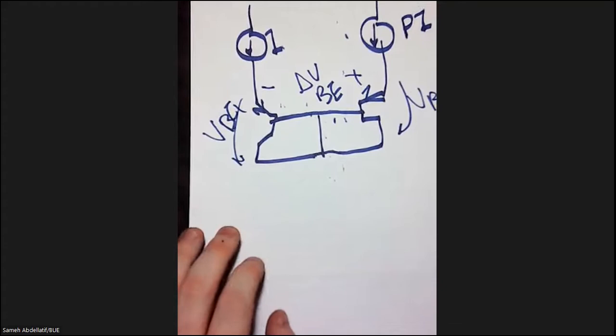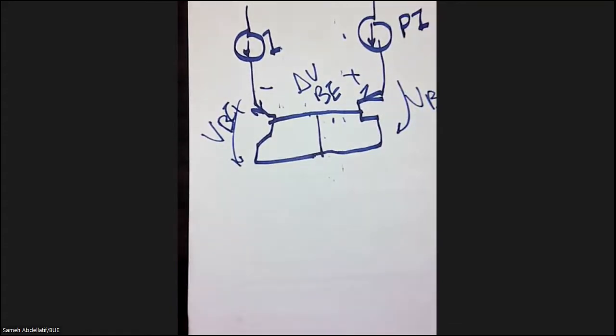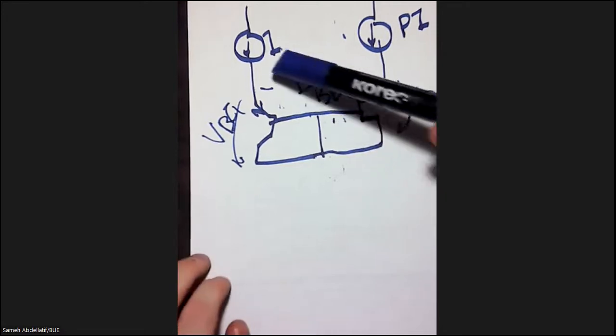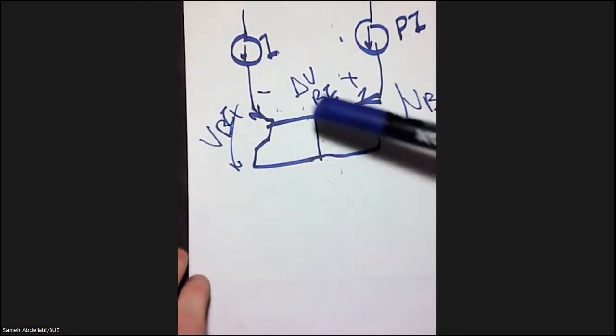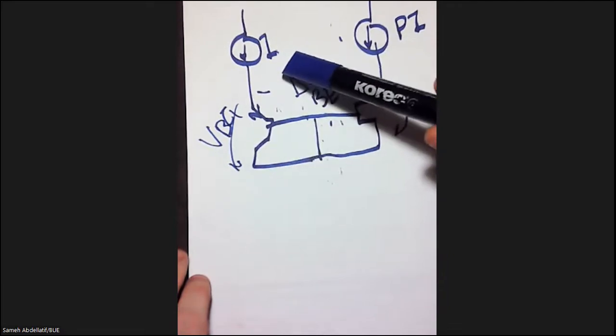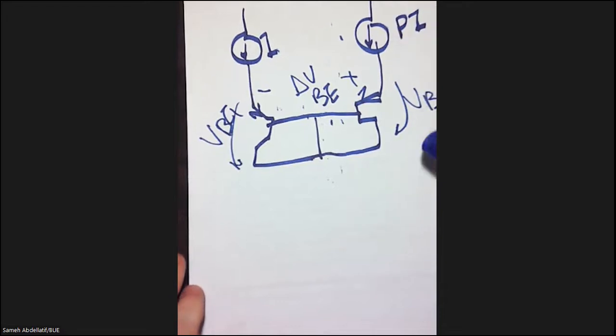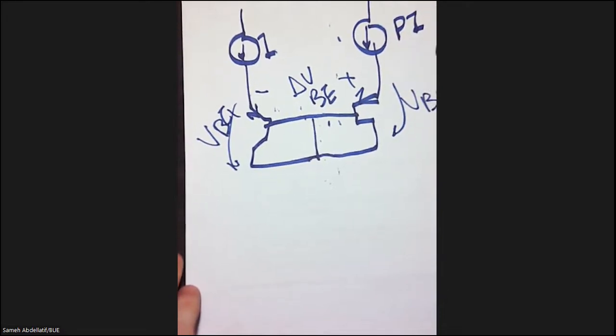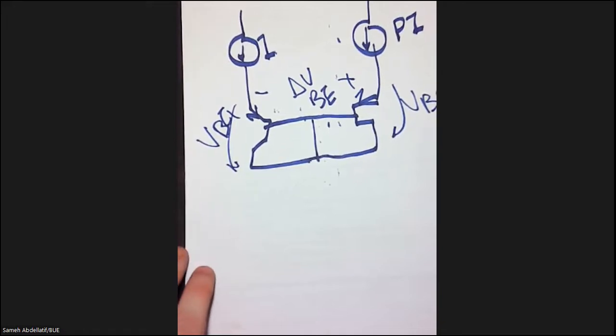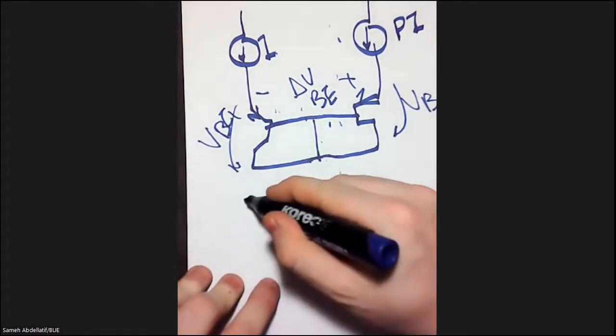So using the same approach, let's turn back to our schematic. When you return here, you find that we have two diodes. The first diode has a current called I and has the voltage VPE1. The second diode has a current called P times I and has a voltage called VPE2. So simply, we can write an equation for each of these two diodes. So for the first diode, the one on the left, we can say I equals